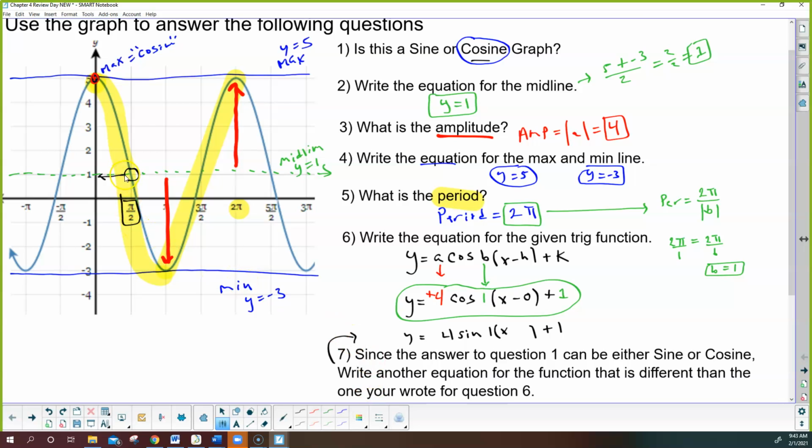And what did I do? I shifted everything to the left, pi over 2. So if I'm shifting to the left, remember how it's opposite of what we think? Now there's only one other thing here. Notice, if all this shifts, so I start here, then this point would shift over, this point would shift over, and this point would shift over, and then this point would shift over here. So my new graph